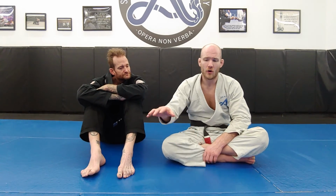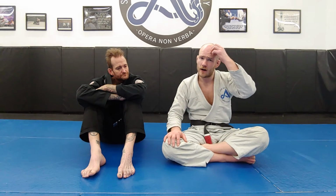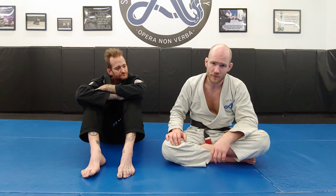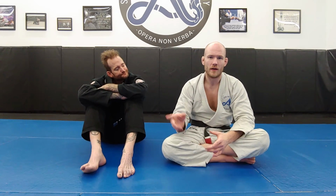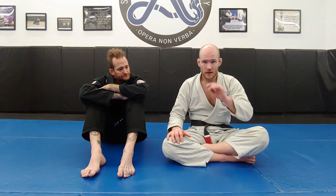We saw that with the underhooks by taking the near side underhook and flattening them. We're now seeing it with the half butterfly guard, by when he pummels in a butterfly hook, you also pummel in a butterfly hook. And then from that position where you pummel in your own butterfly hook, you make your own legs and hips very light, and you use your leg to pummel and manipulate their legs to eventually settle